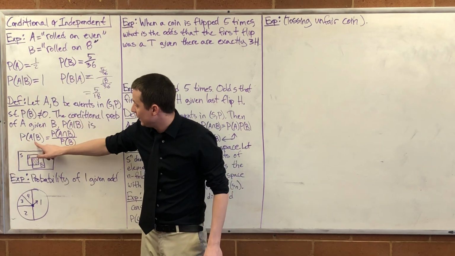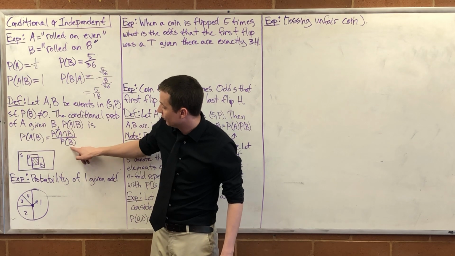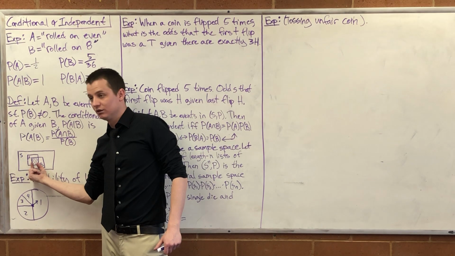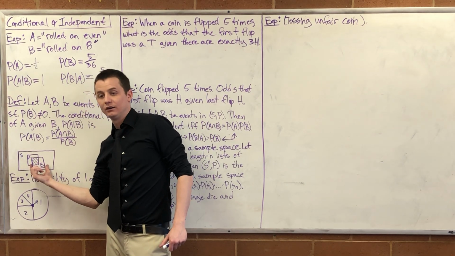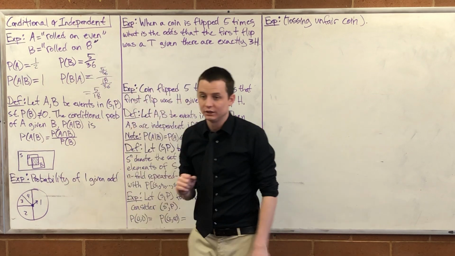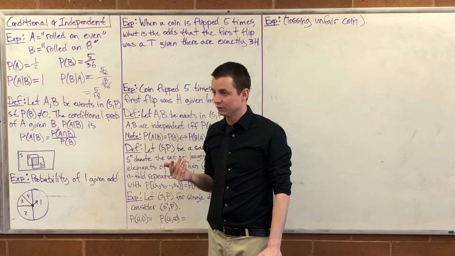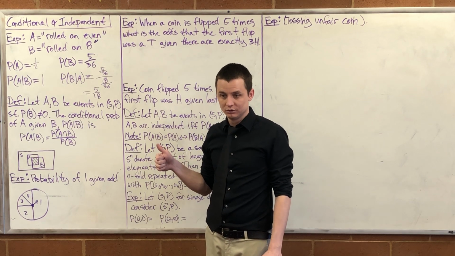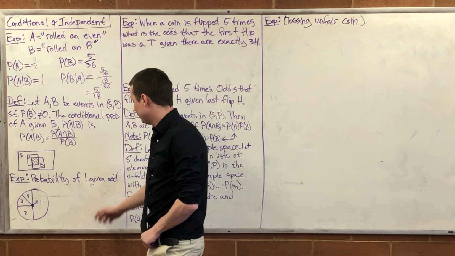The probability of A given B is the probability of A and B occurring divided by the probability of B occurring. It's the probability of this intersection divided by the entire area of B, looking at it from that picture. That's just trying to establish intuition. We good? I'm appealing to your intuition? Yeah. Okay. So now let's go back to our spinner